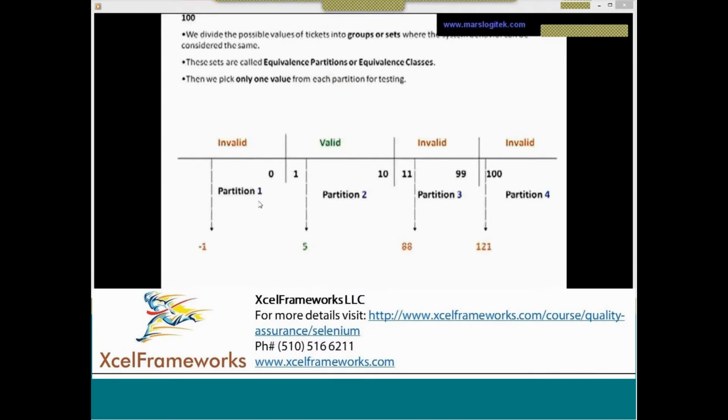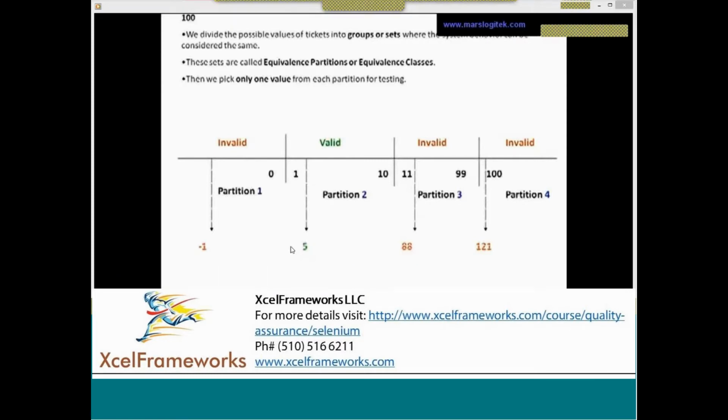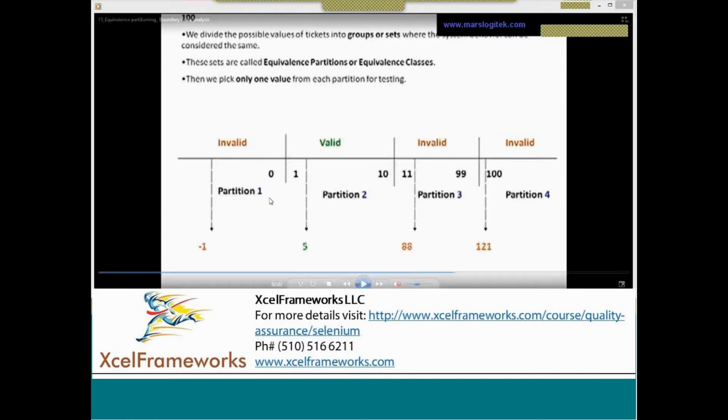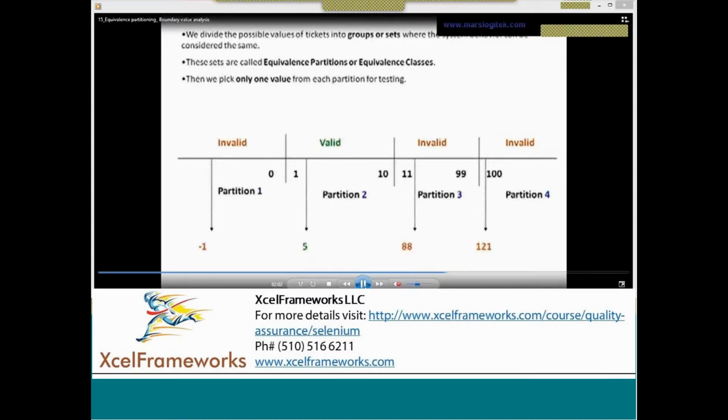So when I asked previously, you said 0, you said one valid case and one invalid case, but we never thought about negative values, right? Because if you try to enter -1 in the text box, it should probably throw a message that negative values are not allowed and the value range should be between 1 to 100, something like that. But when you divide the partitions very well for a given case, you can easily derive the test cases. That's what I'm trying to say.